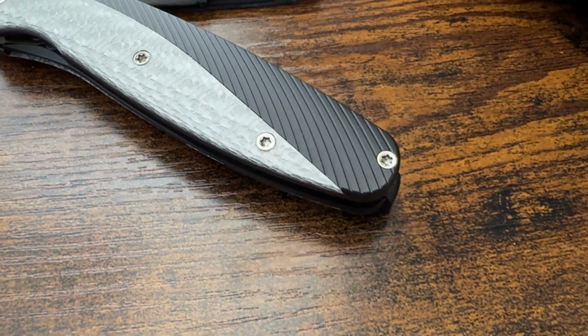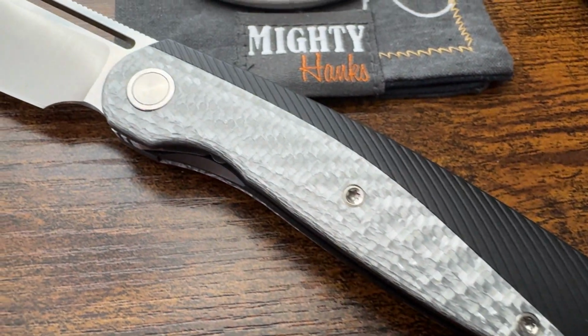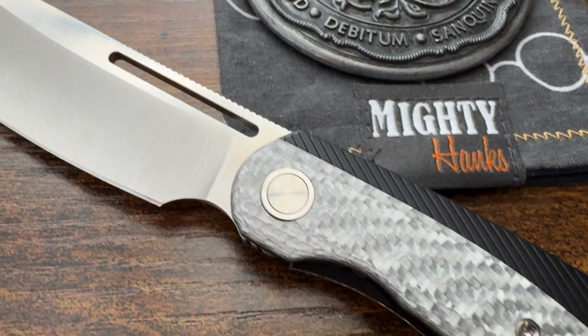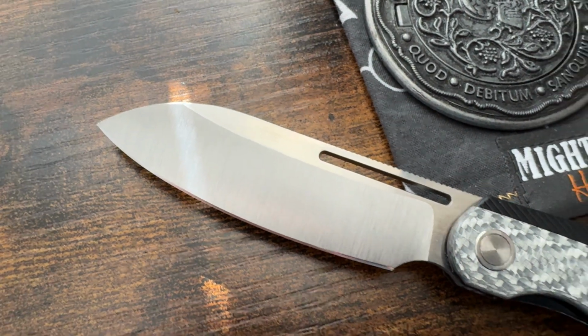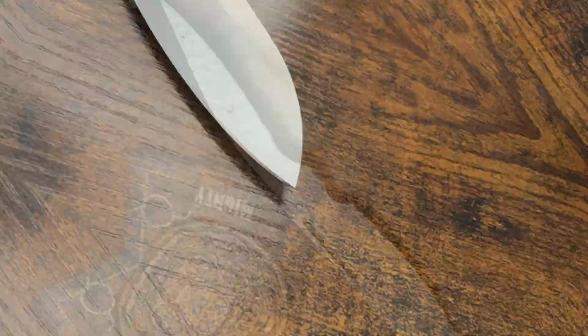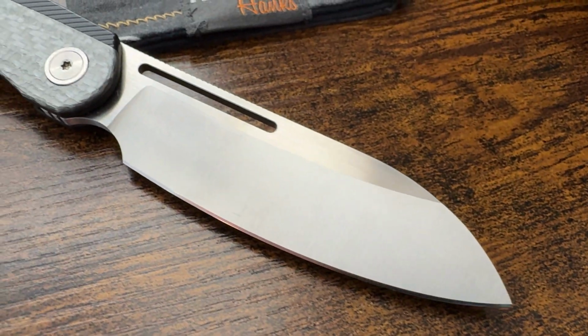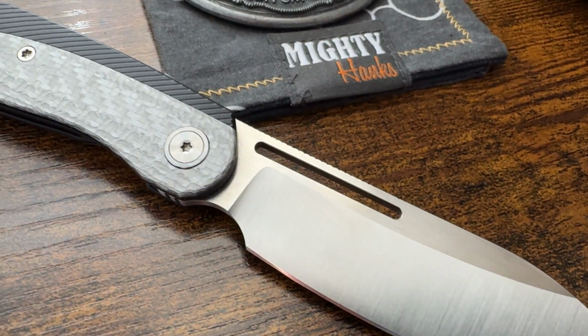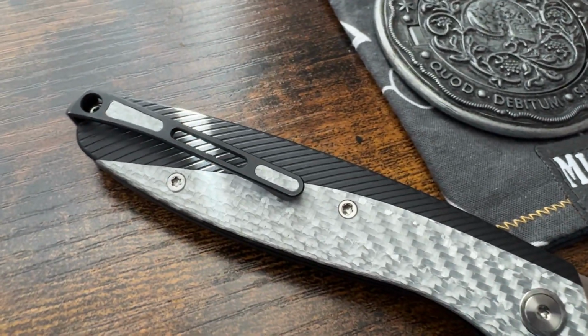So there are going to be two variants. There's the one that you see in front of you here today. It is going to be carbon fiber and titanium with the milling on here with the titanium, and you have an inset liner lock on this one with a titanium pocket clip with carbon fiber inlays, or it'll be shred carbon fiber with anodized aluminum instead of coated, and it'll be an acid wash blade instead of a belt satin